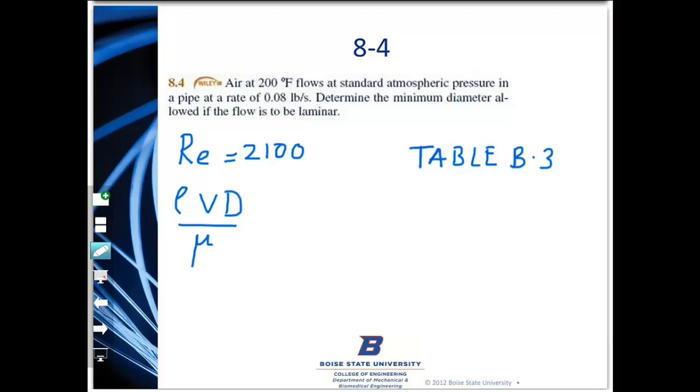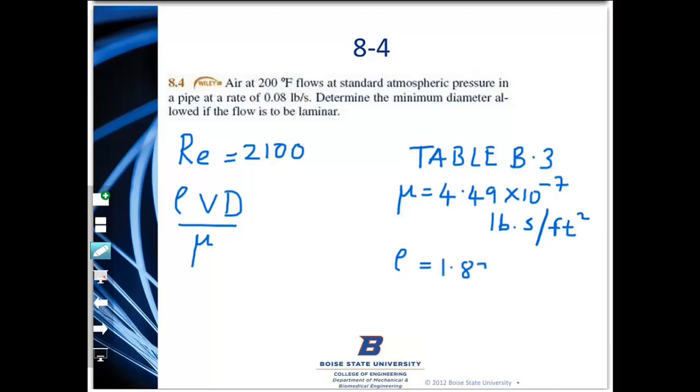B3, you can find mu, which is 4.49 into the 10 to the minus 7 pound second per square feet. Okay, and similarly, you can get density for air at 200 F would be 1.87 into 10 to the negative 3 slugs